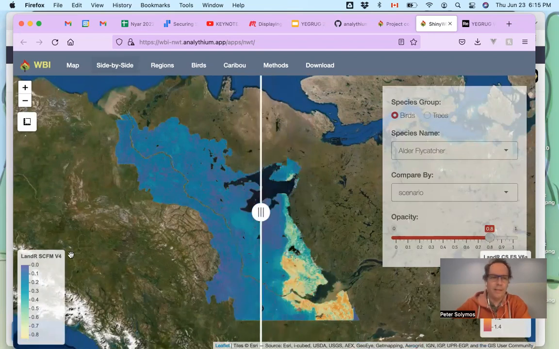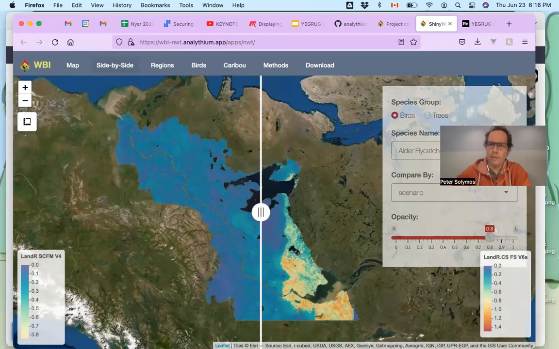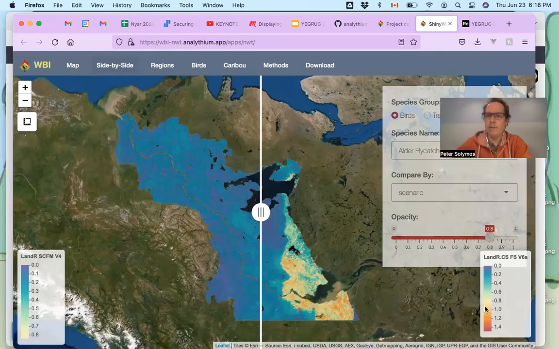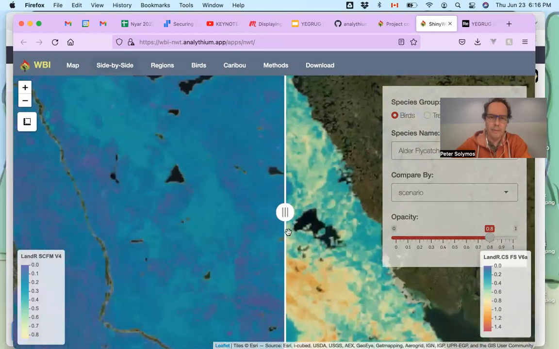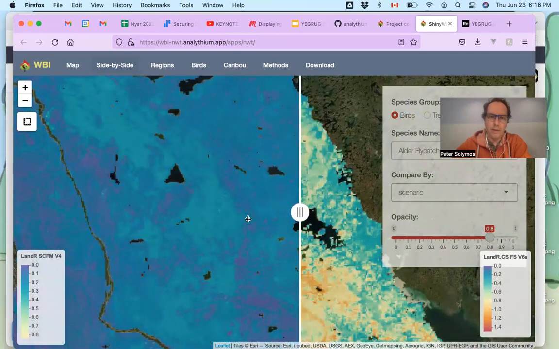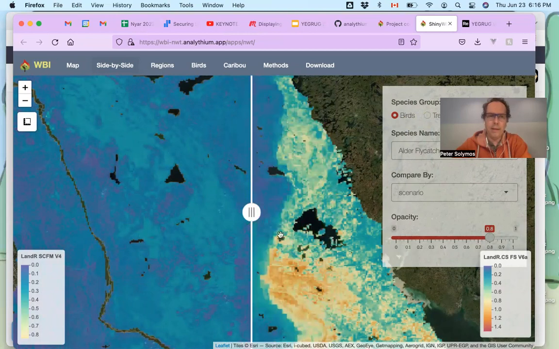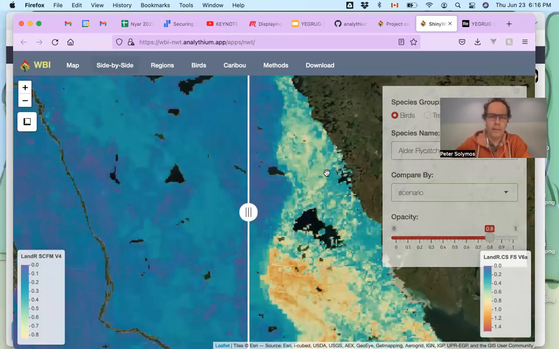So on the left-hand side, you can see no climate change scenario, whereas on the right-hand side, you can see how abundance might look for olive-sided flycatcher, which is an early seral lover bird species, how the landscape might be different. Same thing here, you can zoom in. So these raster data might have to be served from somewhere, and then you have the Shiny app to display that. So this is pretty much the motivation behind all the raster data technical details that I'm going to share,